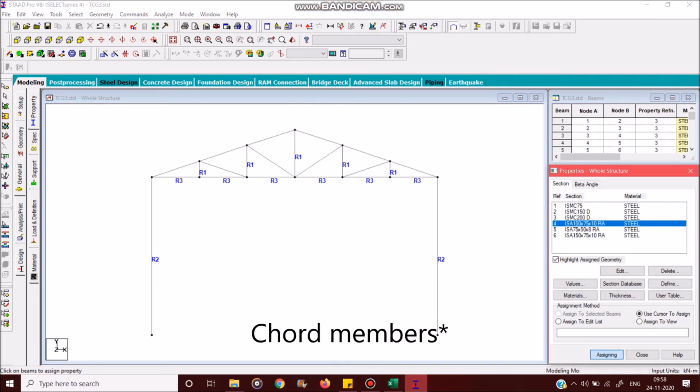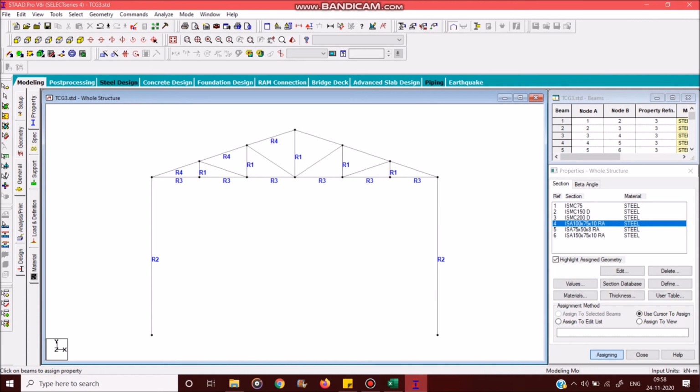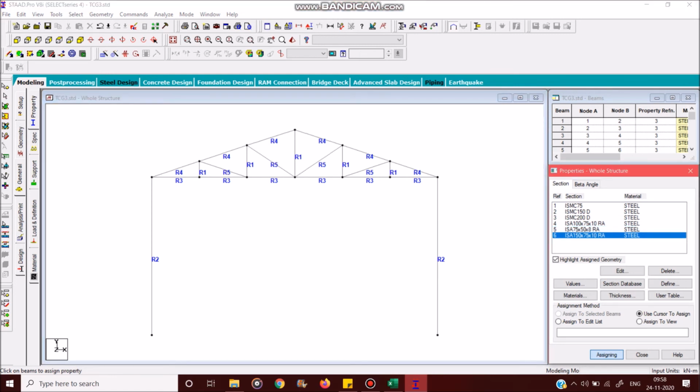And ISA 100 into 75 into 10, I'm going to use it for my rafters. And 75 into 50, I'm going to use it for my inclined members. And this one, let us reserve it for the purlins. You'll see what the purlins are when we complete the structure.